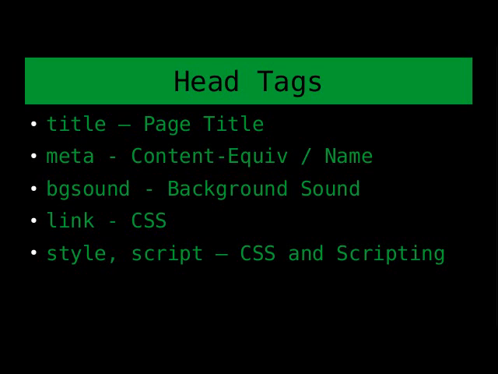HTML is text/HTML. Plain text is text/plain. Text/CSS is for CSS in that case. And there's a whole bunch of them. You can send images, and it's a way of telling what data is. What is the data they should be expecting on that link? Web servers will send that to the browser to tell them, what are you downloading? Are you downloading an HTML page? Are you downloading plain text? Are you downloading an image? So it will tell the browser that by that content type, MIME type tag, or